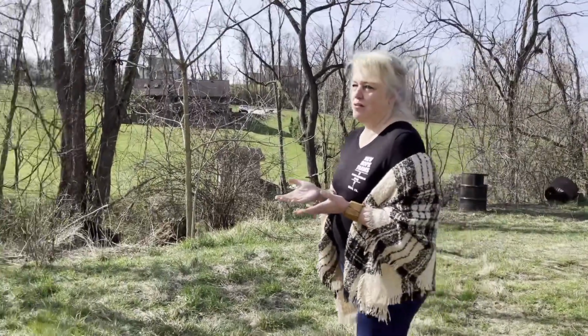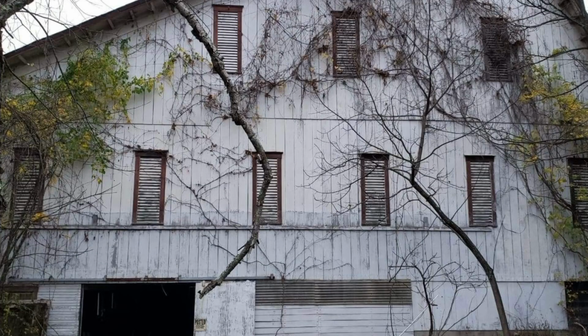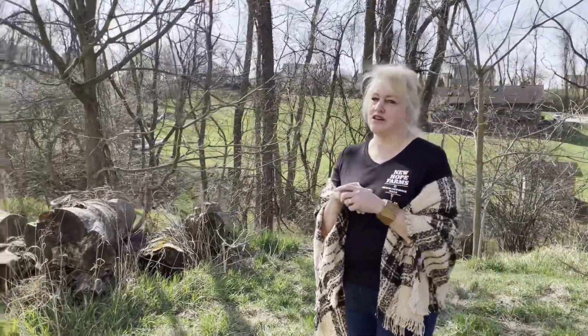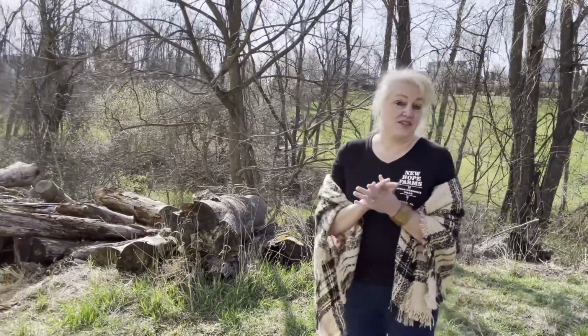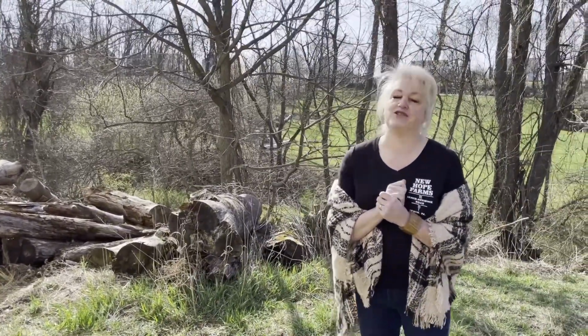And so it was covered in vines and trees that were actually coming through to the inside of the barn, which is probably one of those reasons why the junk hunk said, I don't think so. But turns out that the gal, Marianne, who is my next door neighbor, who told me about the house, now she's my next door neighbor,